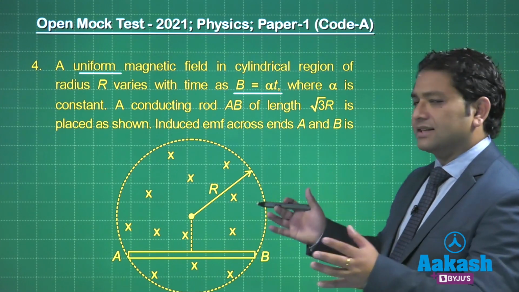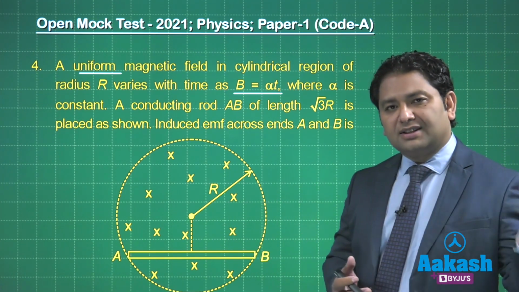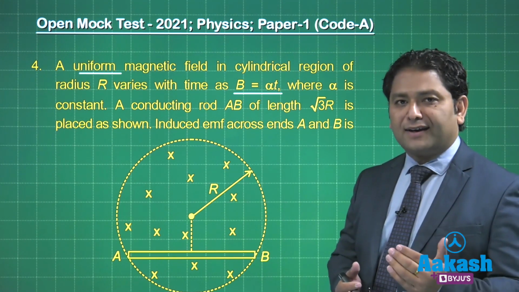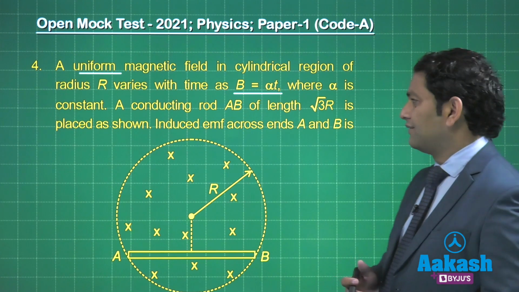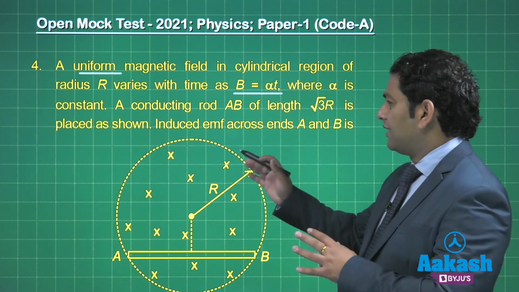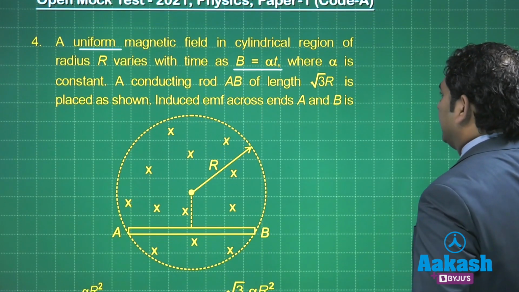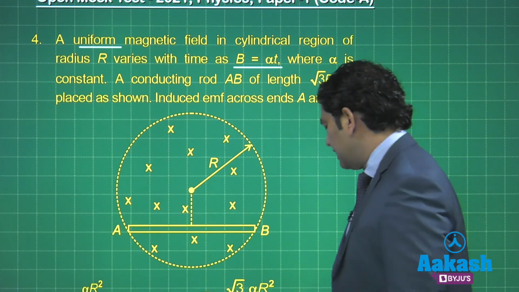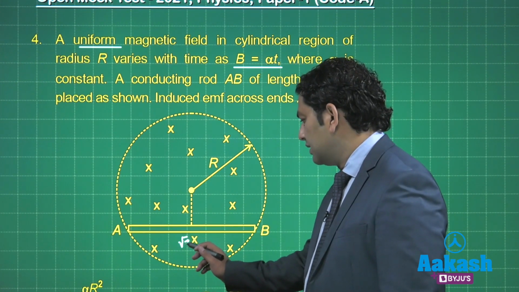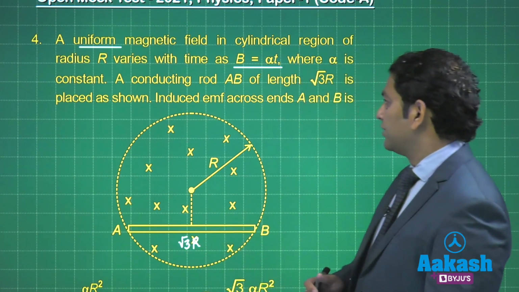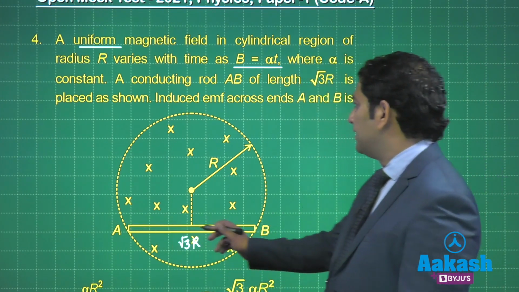So it's a clear case of time varying magnetic field, and with a little bit of preparation this concept will auto strike that it has to be linked to induced electric field. Now alpha is a constant and there is a conducting rod AB of length root 3r. Here is that particular rod, and I need to calculate the induced EMF across